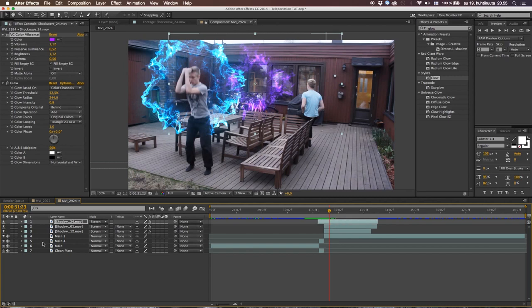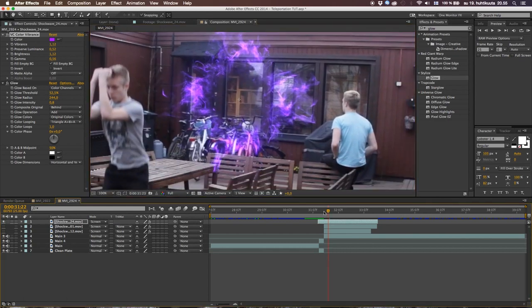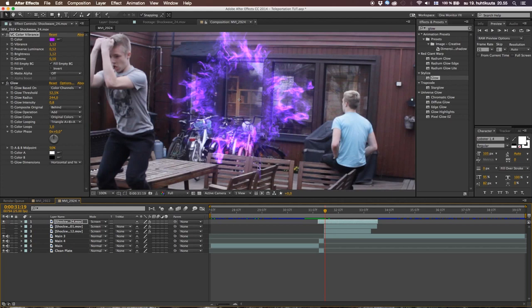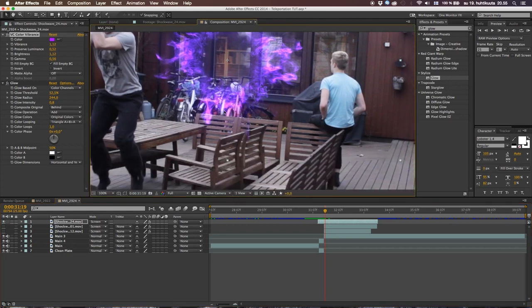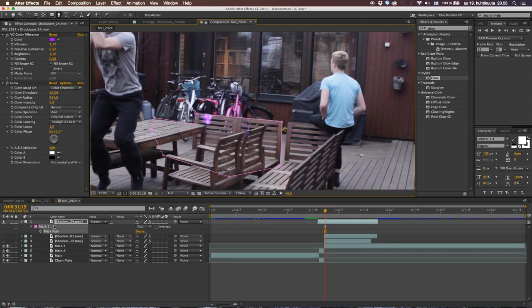So you can see here, we can turn off the first two so they're not in the way. I can zoom in here a bit. When the teleportation is happening, it's in front of our chairs. So what I do is select it, hit G on your keyboard, and do a quick mask here. Nice, that is the pink masking, matching our portal like this, and your portal will disappear except this part, as we did earlier. Hit M,